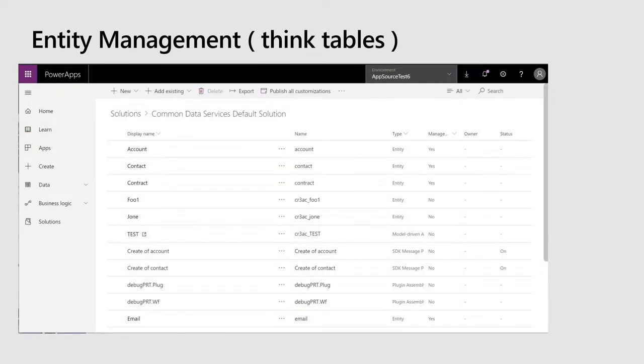When we start with model, the first thing we have to deal with is entities. Now, for the non-Dynamics background folks, these are database tables. You can think of them as database tables. Why do I say think of them as database tables versus they are database tables? Because they're not necessarily stored or managed in a relational data store. You are describing the structure of the object. Now, today, you do that anytime you use the Maker portal,